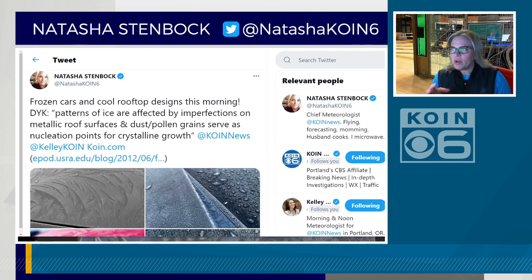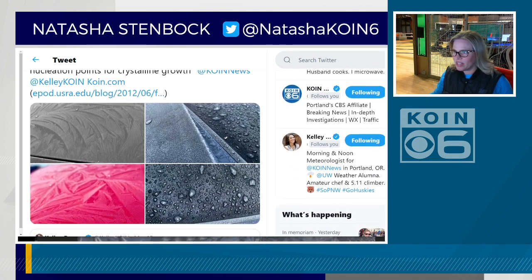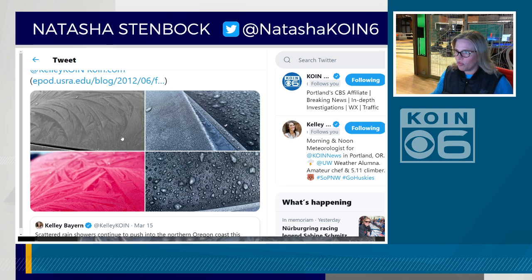What is all that? Well, something interesting happens in the atmosphere. How do you get a snowflake to form? Well, first, you have to have a water droplet. How does a water droplet form? How does a cloud form? All of this is related. You need what's called nucleation. So you need a little particle of dust or something that a water molecule can grab onto and then form from there. If we take a closer look at the patterns here,